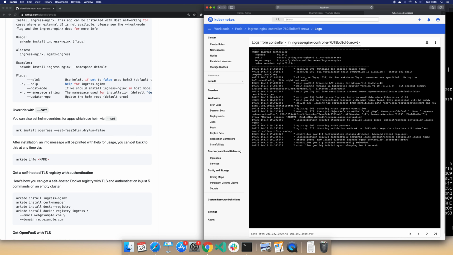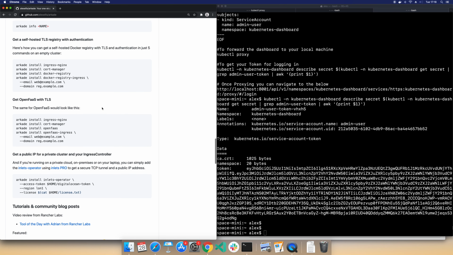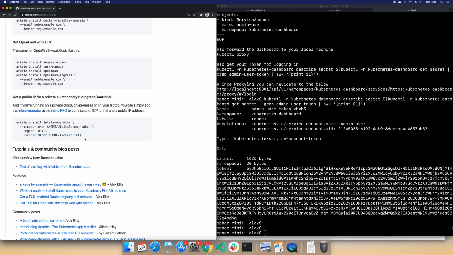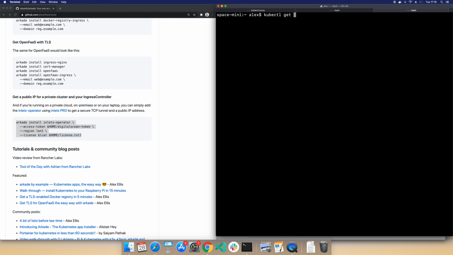Now, whilst we don't have a load balancer available because we're running locally, you can actually use the inlets operator to go off and get a load balancer even on your private computer and an IP. So let's see where that ingress controller is. There it is. What we can do is run port forward,